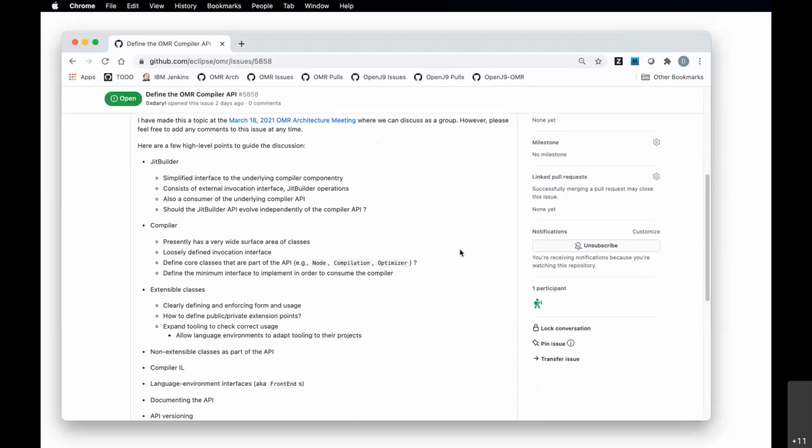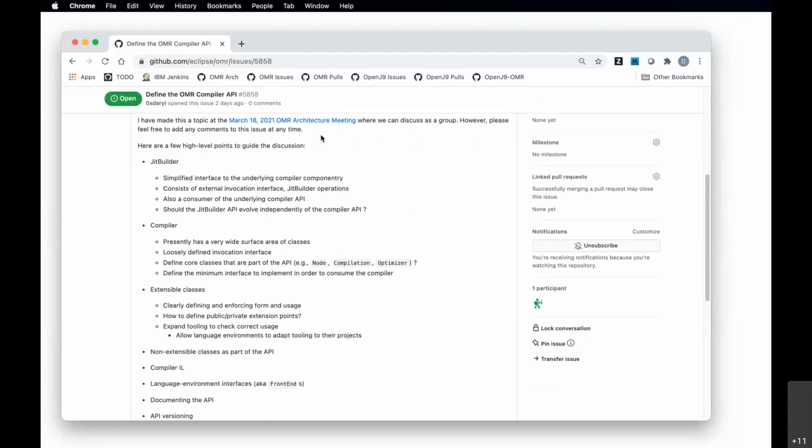First off, when we're talking about the compiler, we're actually talking about maybe two different things. I probably have these two points in the wrong order, but the first is the actual compiler itself. It's a core collection of classes and functionality that language environments can consume in order to do compilation.